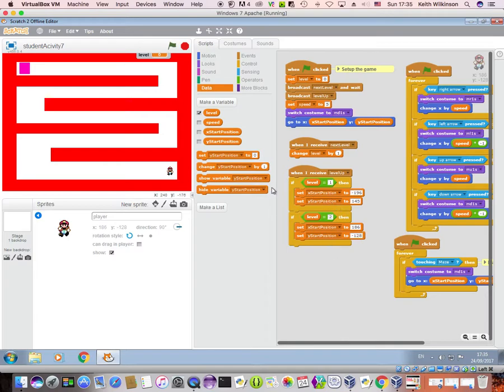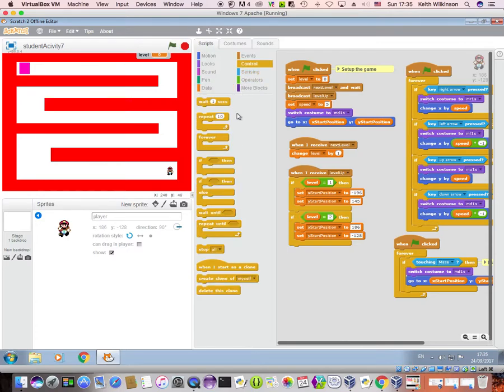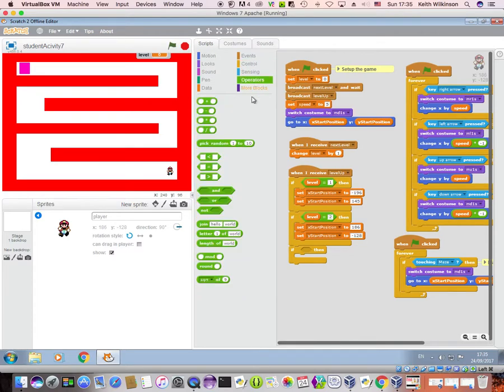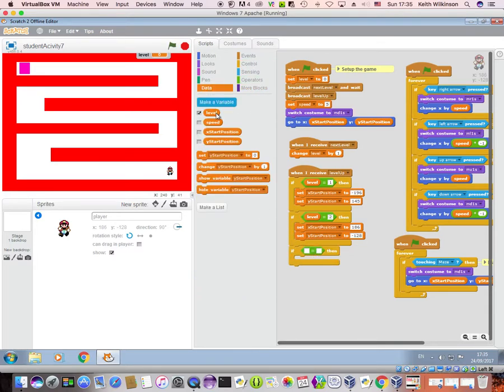And we can do the same for every single level that we have. Now I've got 3 levels, so I'm going to have obviously 3 different starting positions. So let's just put the blocks in. If level is 3, then I want my